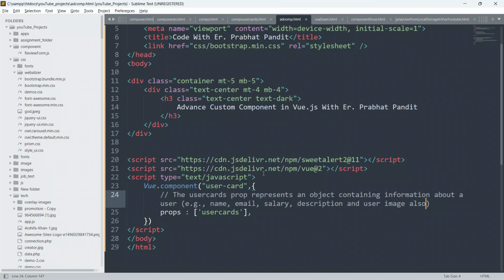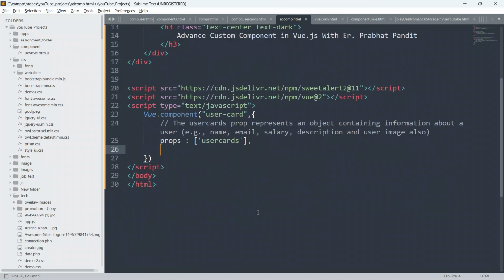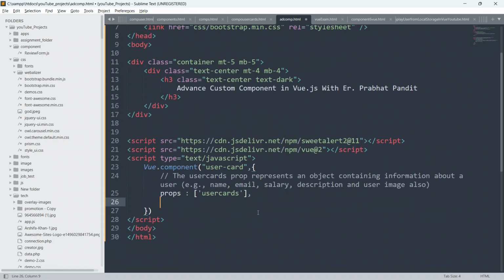Now we will create our template. As you all know, inside a component we can create our template, and we have to create our template, then only you can show information from the child component to the parent component. Through a component only you can show information from the child component to the parent component in Vue.js.